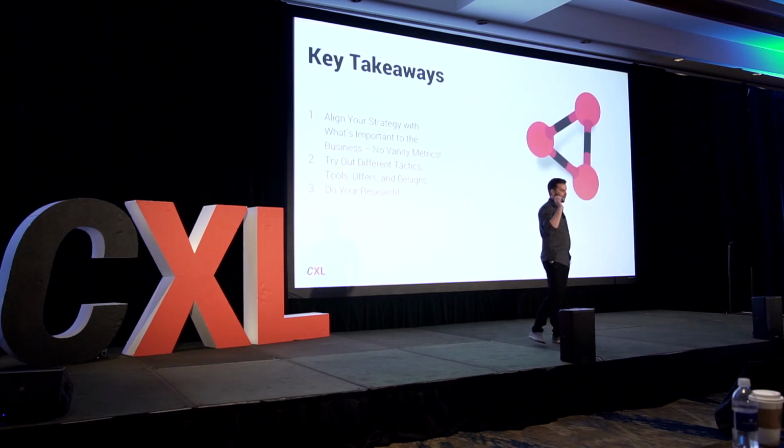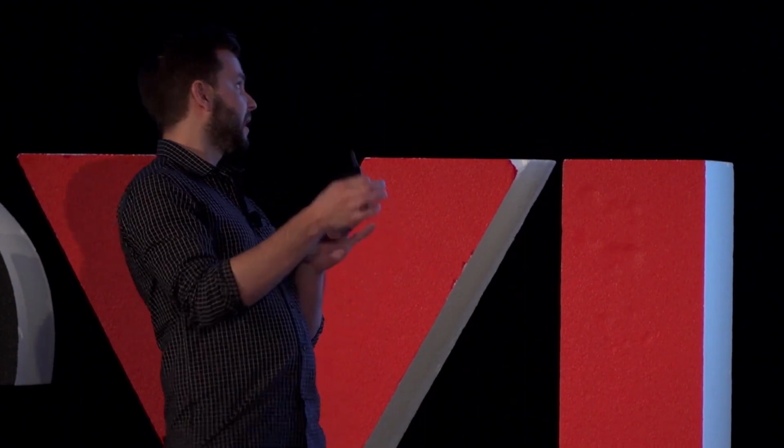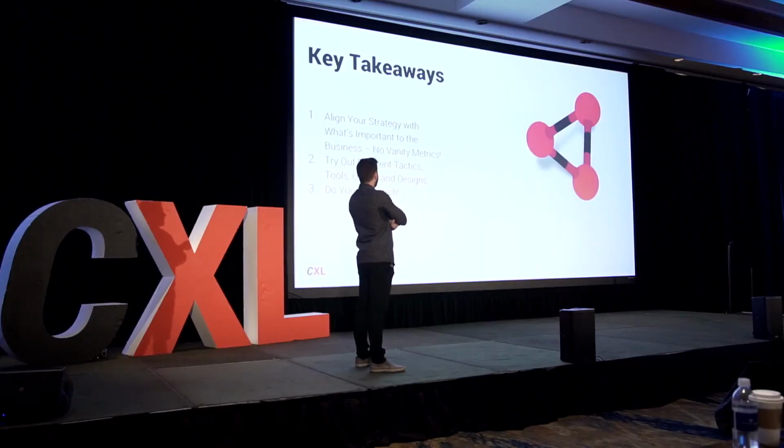All right, so wrapping up here, what can we learn from all this? Well, it's important to align your strategy with what's important to the business. So, we know not to focus on vanity metrics for the most part. But you need to think a little bit outside of just the central metric of your test. So, keep an eye on other metrics. Keep in mind statistical significance, because you're going to need more sample size in order to look at things like revenue compared to things like conversions. But, have a look anyway. Make sure that you're looking downstream and not tanking other metrics that are important to the business.